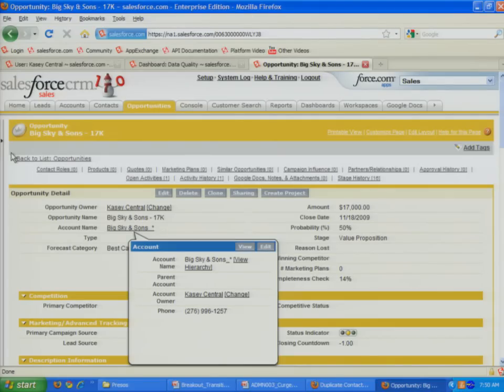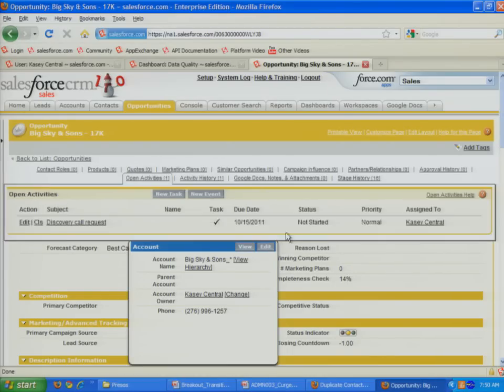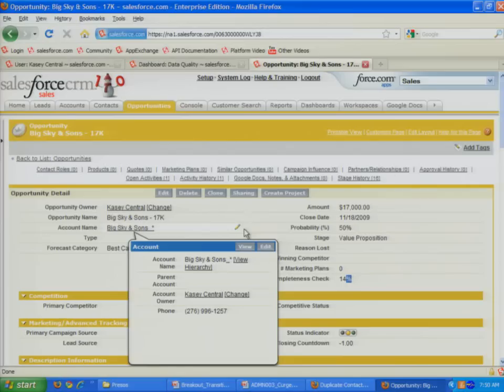When we first started off, there were a lot of things they wanted to collect, but they didn't want to make every single field required. That would prevent the users from moving forward, going out there and selling things. It was important to get some fields completed at the creation of the opportunity, but they could come back and fill in the rest. So what we ended up doing is we created what we called